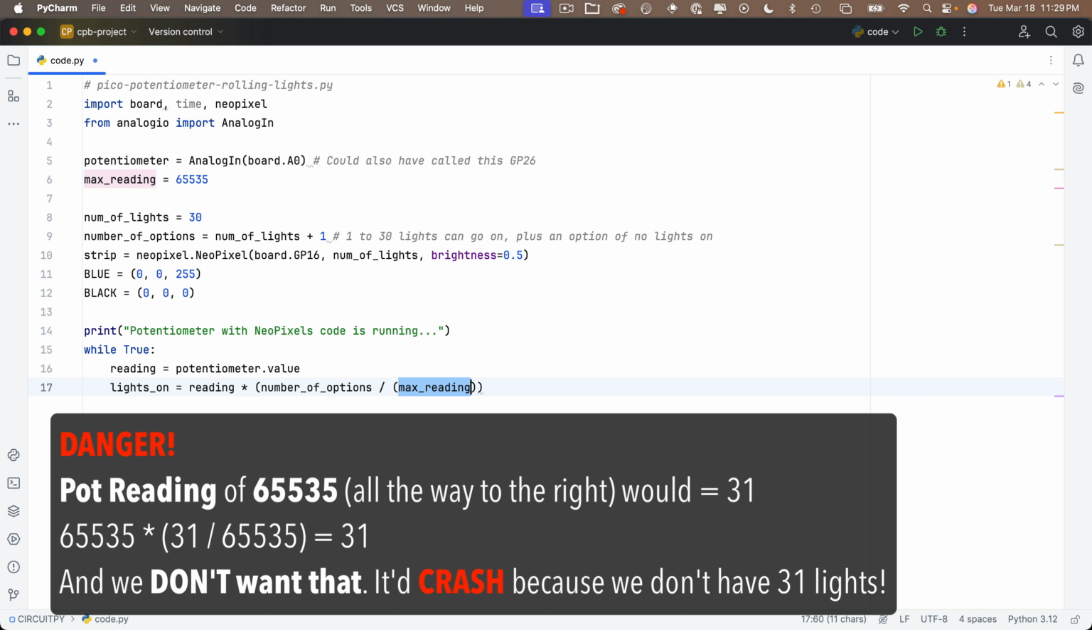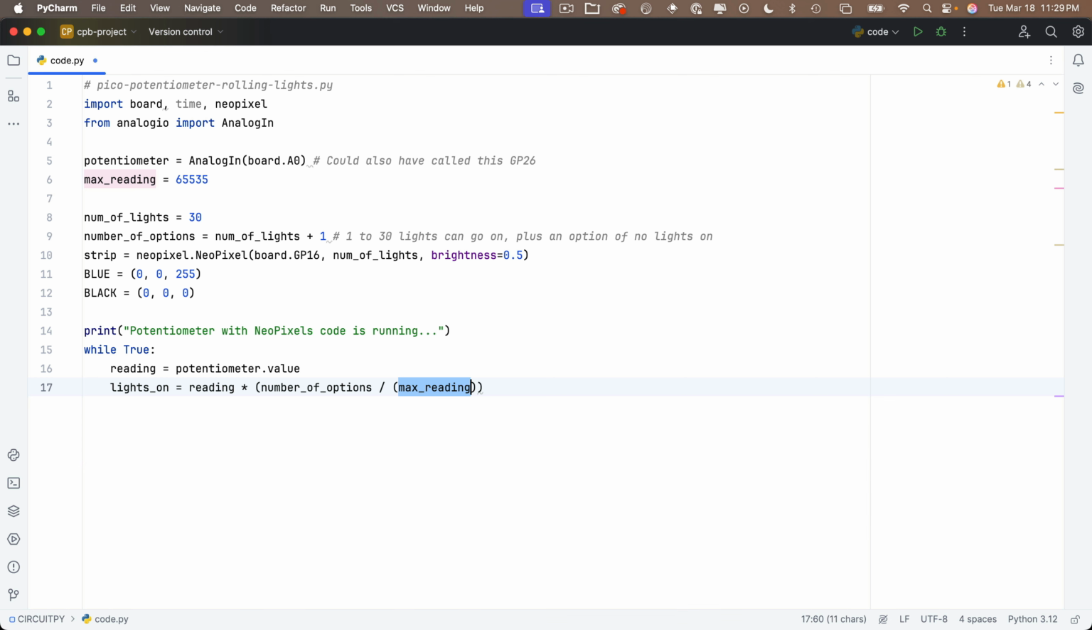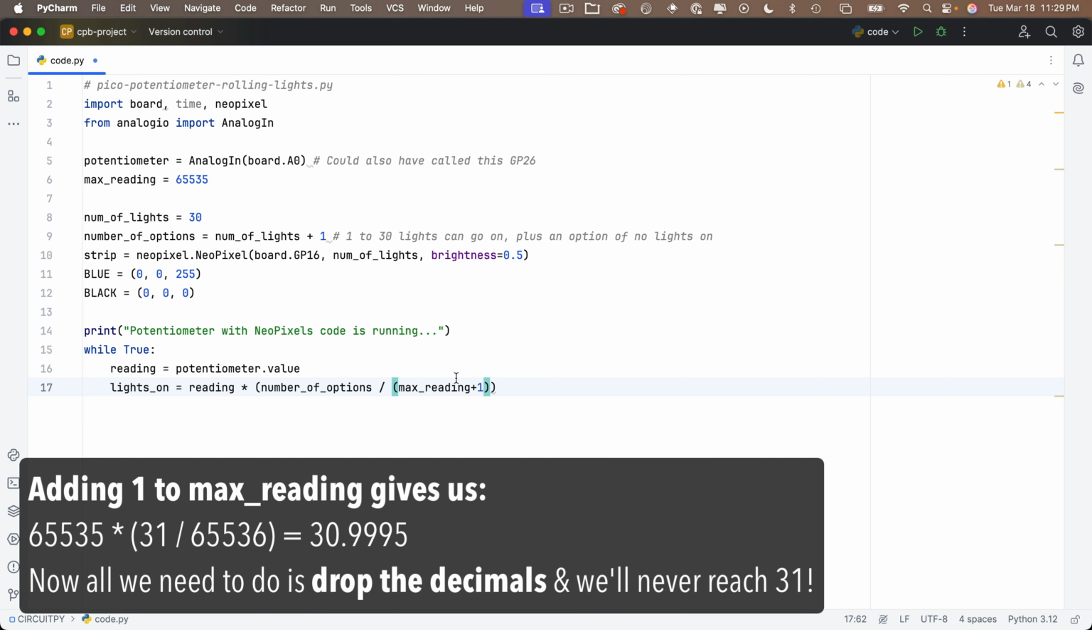Some folks might use min-max techniques, but if we say lights on and we reach 31, we're going to be in trouble. Now we would get that if our reading was 65,535 and our max reading was 65,535. So the technique I'm going to use to make sure that we never hit that max reading is I'm going to say max reading plus 1. And note that I put that inside of parentheses. That's important because I want to add 1 to max reading before I use it in any other parts of the equation. Now this will give us a nice decimal number which we'll go up to, but it'll never reach